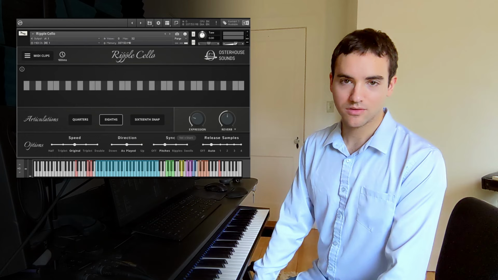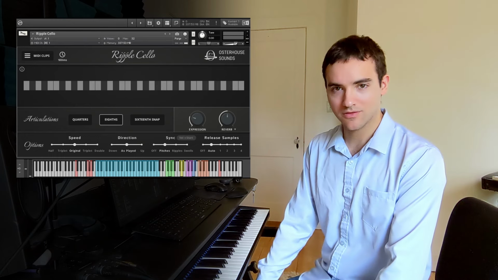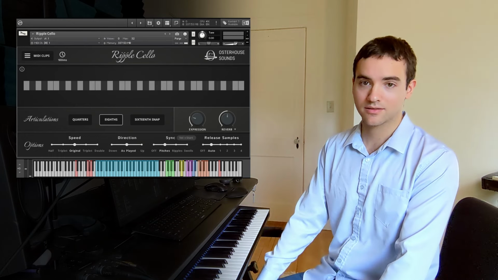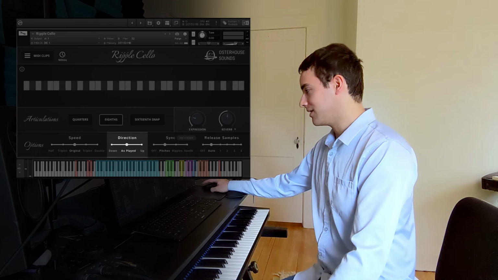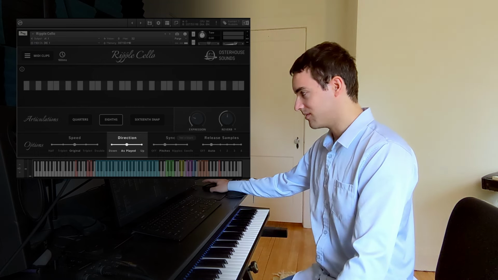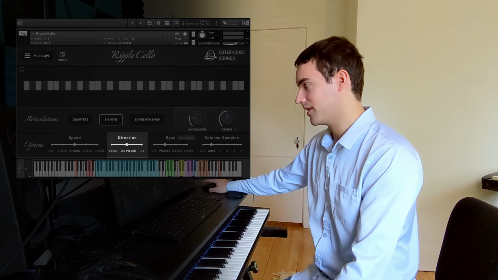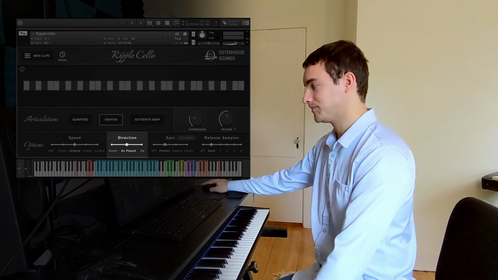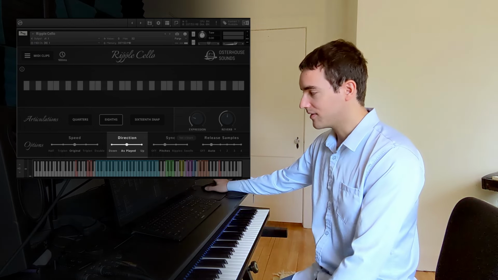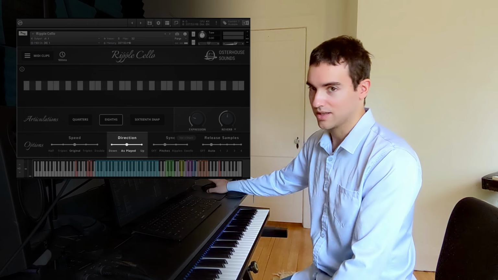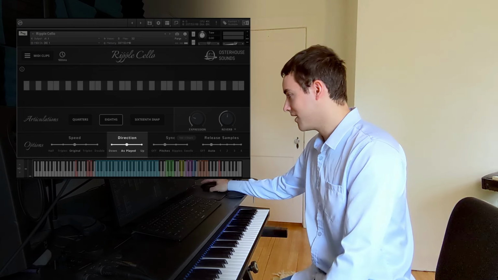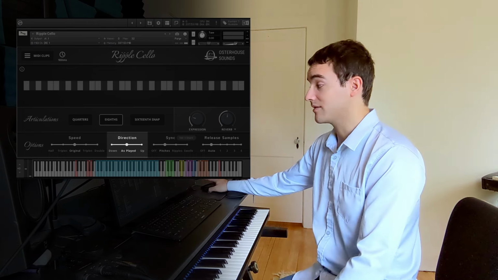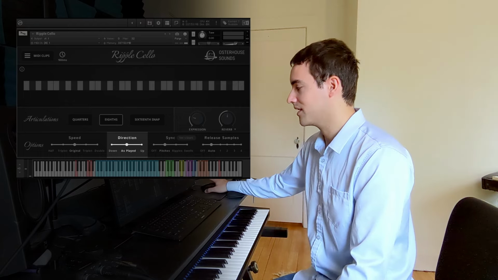The 3 direction modes control how upward and downward moving samples get triggered. With direction set to as played, the direction of ripples is determined by the order you play notes in. It will try to play a ripple going from the last note you played to the most recent one. If the recent note is out of range of the last note, like it's greater than a perfect fourth, and you happen to still be holding another note which is in range of the current note, it'll use that note